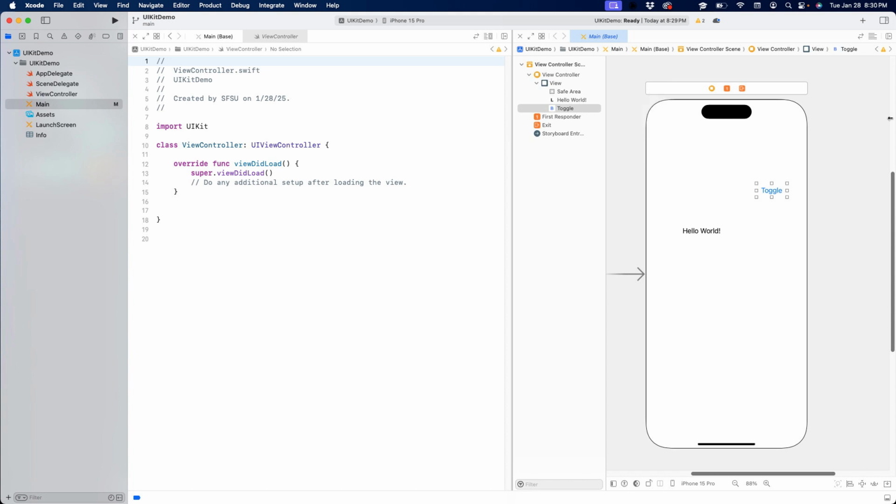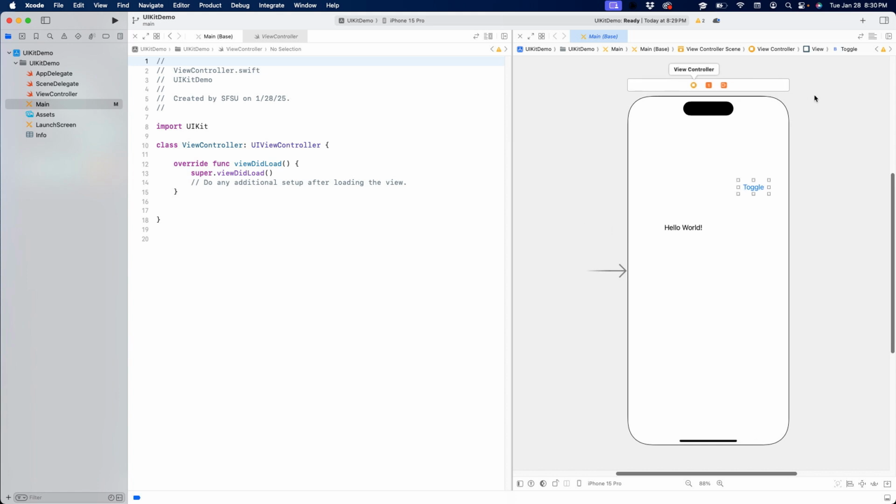Now it might be nice to have a little bit more screen real estate. This is the view hierarchy inspector. Might be the wrong actual term here, but we see the views and the hierarchy of views. We can hide that to give ourselves a little bit more space. It's the leftmost button here. So let's hide that. And now that we have Interface Builder and our view controller open at the same time,